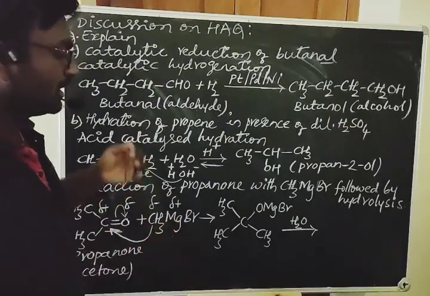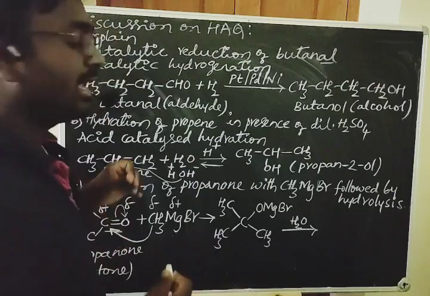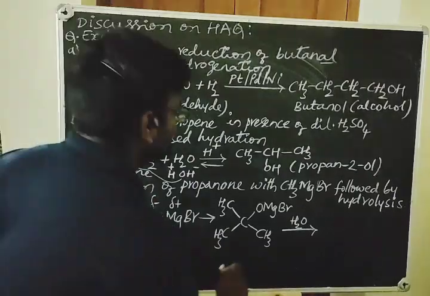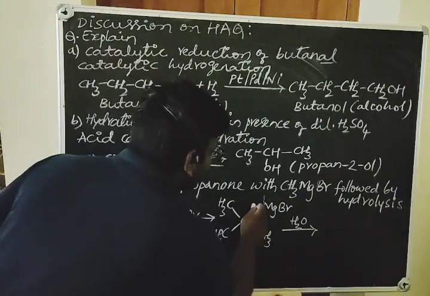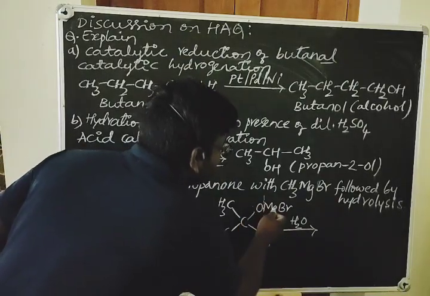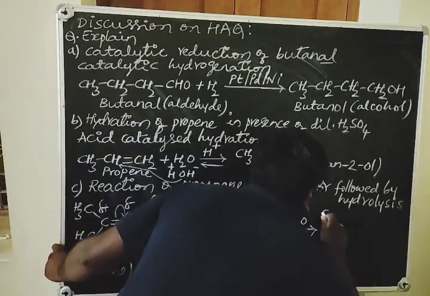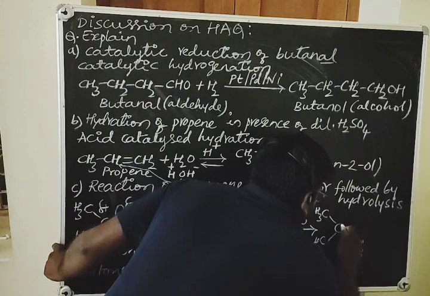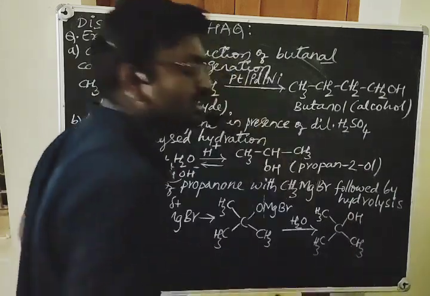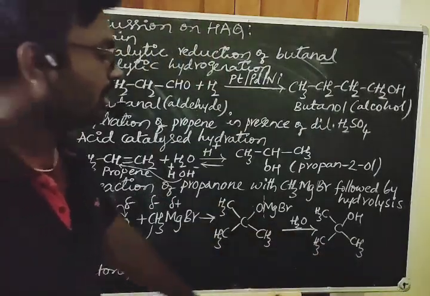I already told you that during the hydrolysis process we have to consider the H2O as H plus ion and OH minus ion. Here the bond breaks and it will take the H plus ion and the OH minus ion. Now the product is (CH3)3C-OH. See here, what is the product? We can give the IUPAC name for this compound or the common name.